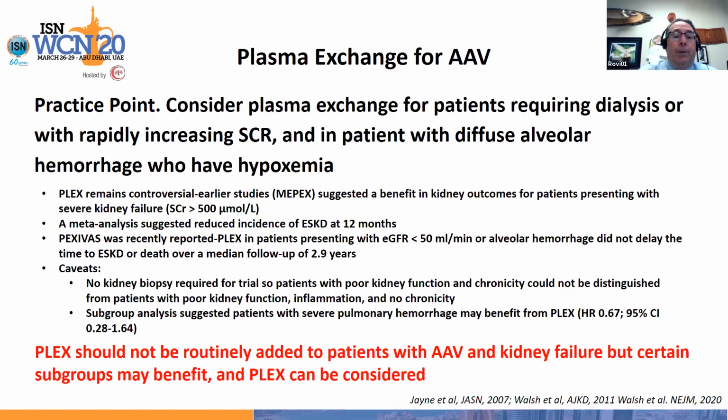A subgroup analysis suggested that patients with severe pulmonary hemorrhage could benefit from Plex. As you can see, those patients who were given Plex had a hazard ratio of 0.67, suggesting benefit. However, the confidence intervals were wide. So while Plex probably should not be routinely added to patients with ANCA-associated vasculitis and kidney failure, certain subgroups could